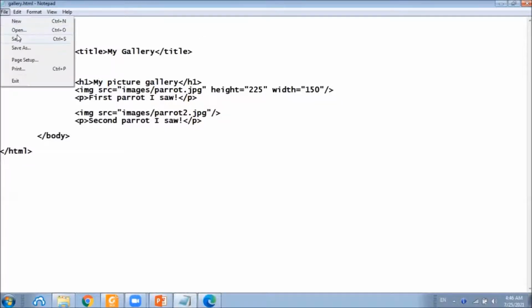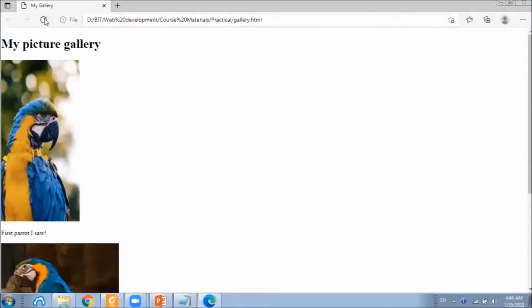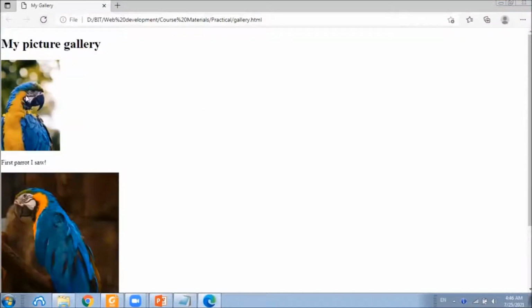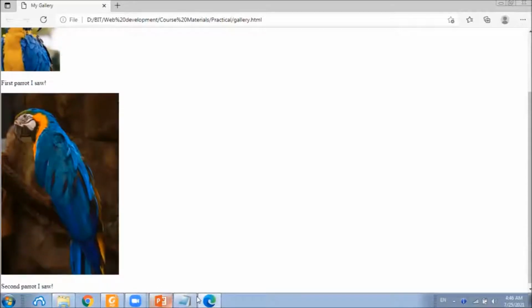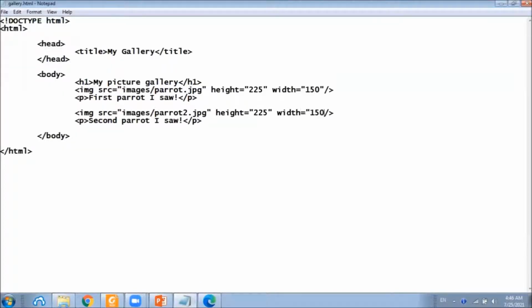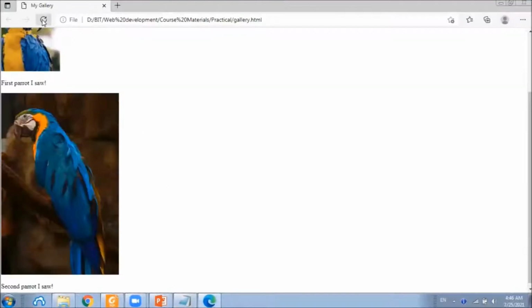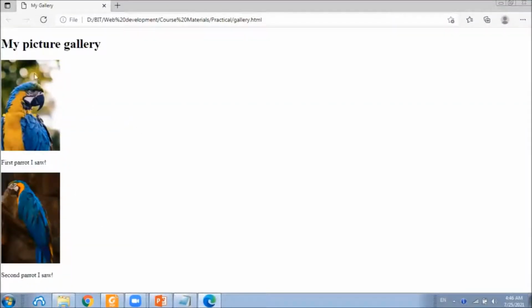Let's save it. Right. Now this image is half the size of its original size. Let's do the same thing for this parrot. Right. Now we can see both parrots in the same page.